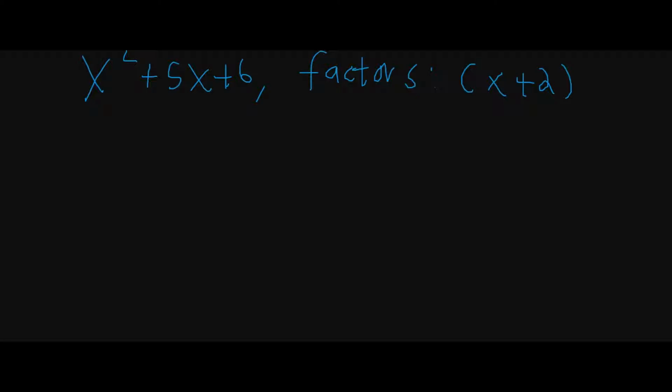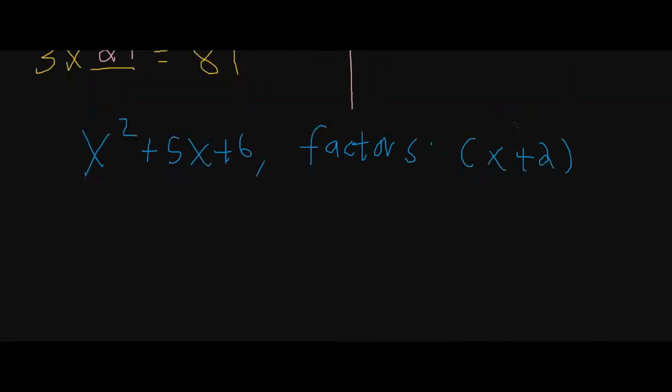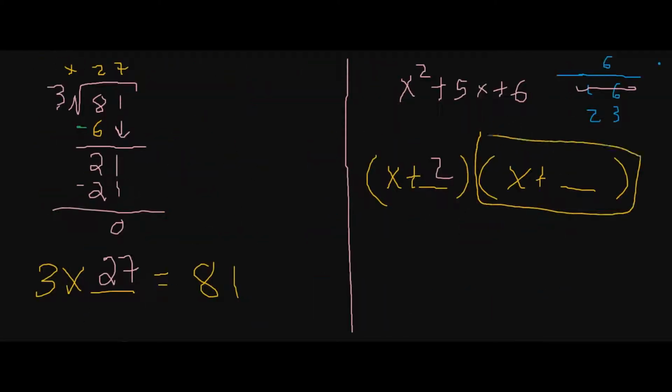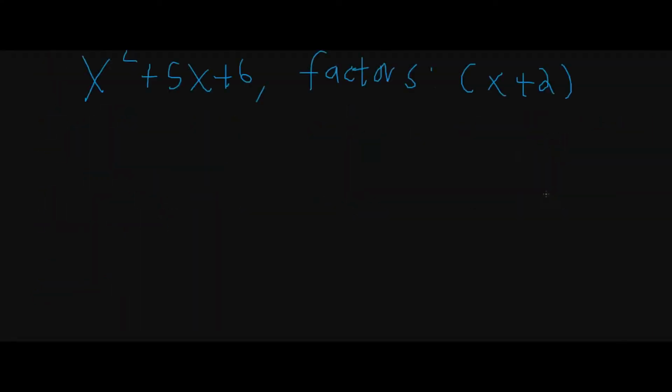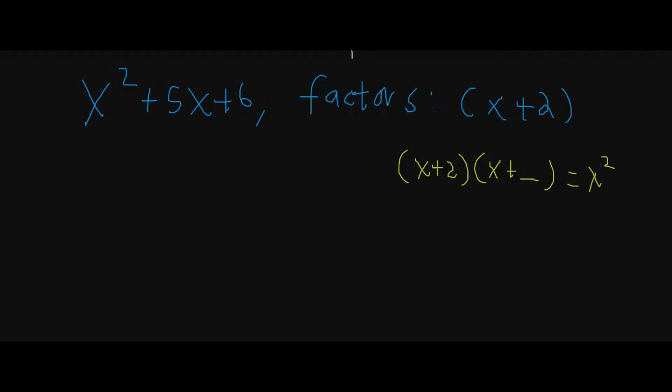And I want you to find out what was the other factor. Well, what is this second factor right here? We know this is a 3, but we want to say, what can we do to figure that out? And so the idea is, we have x plus 2 times x plus blank should give me x squared plus 5x